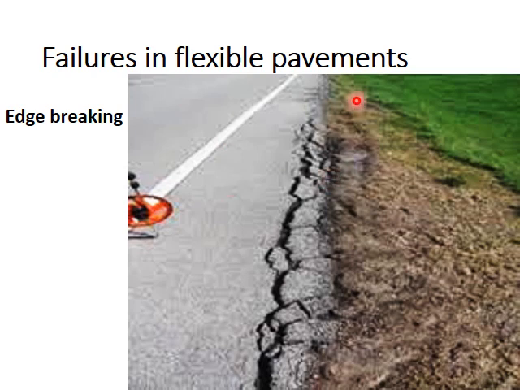So this you can see it clearly, that is the runoff water from the pavement surface moves towards the shoulder, and from here the water erodes the soil and takes the soil away. So the shoulder level goes down. As the shoulder level goes down, there is no lateral support to the bituminous surface course and the other layers below. So the lateral support is removed and the edge of the pavement is broken down, and through this water can enter the pavement structure and damage it further.